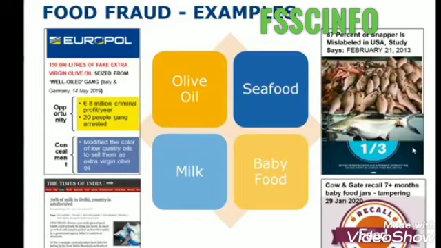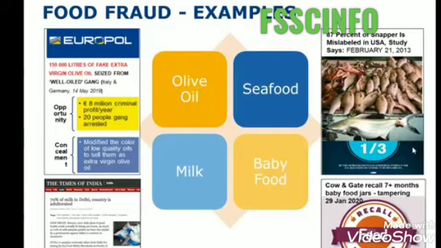The second example is milk. There is a newspaper clipping, and this is also presented globally, that the Times of India published that 70% of the milk sold in India is basically adulterated. And we have a similar condition in Pakistan as well, and in many other developing countries, because there is always an opportunity to feed the people. And as the country's population gets bigger, fraud chances are also bigger, as the opportunity and motivation level are high.